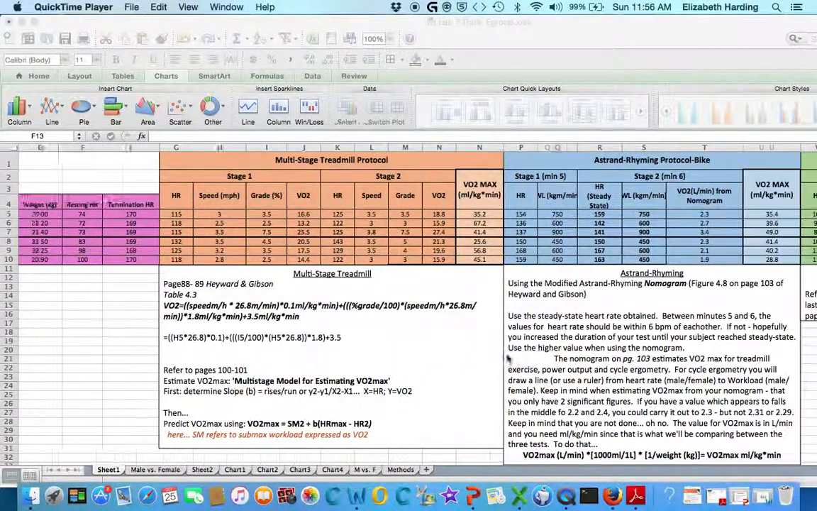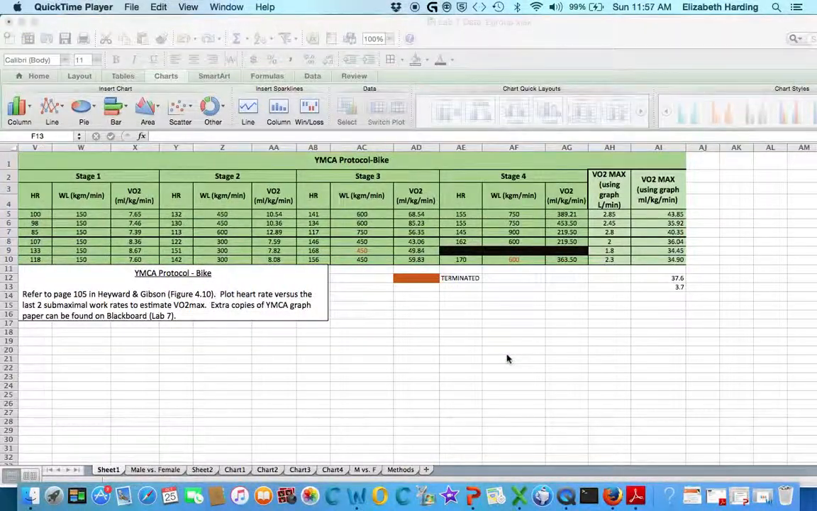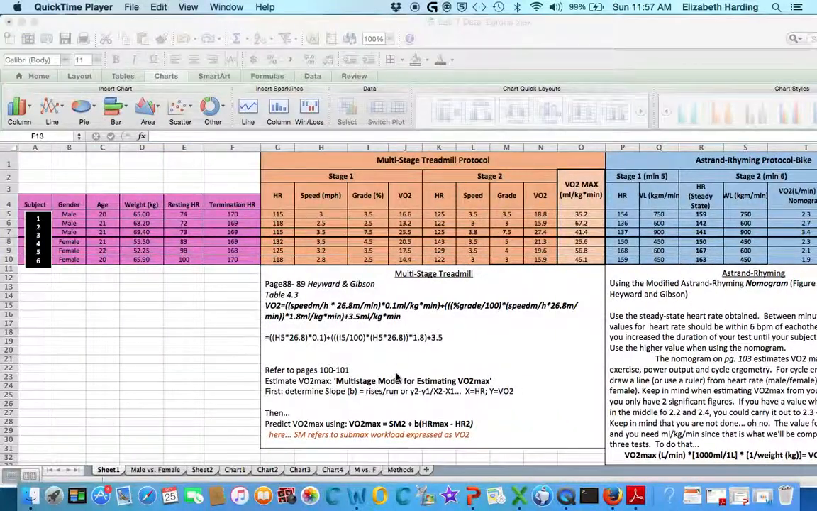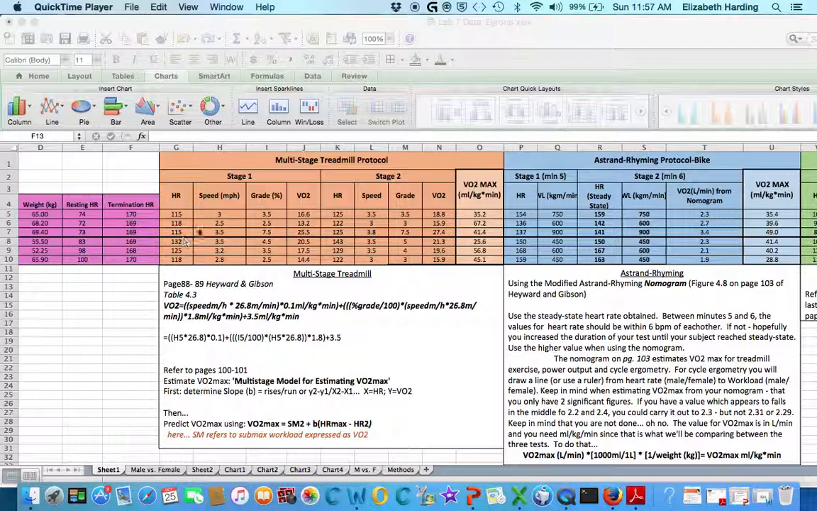So you can see I have a very long and detailed data sheet here, or a spreadsheet with all of my data. So here are my subjects. We had 3 males and 3 females for a total of 6 subjects. And this is all of their demographic data, as well as the raw data for the multi-stage treadmill protocol,